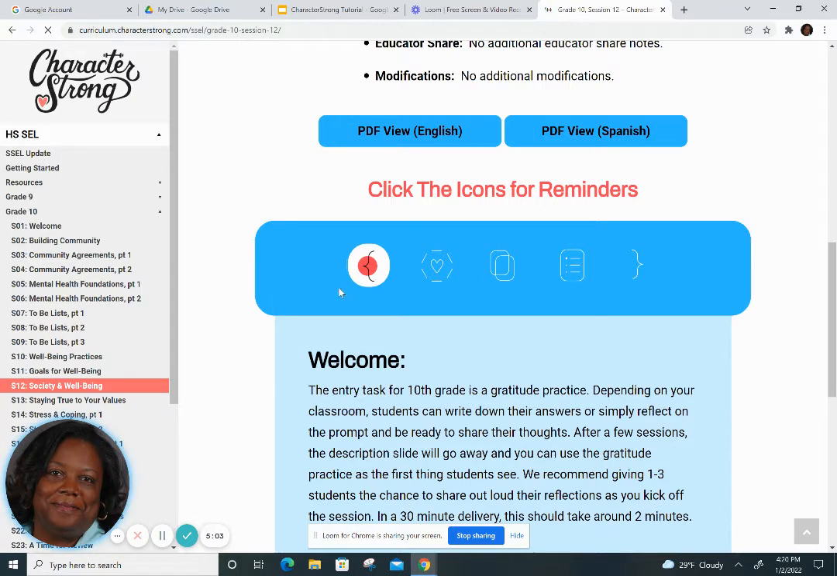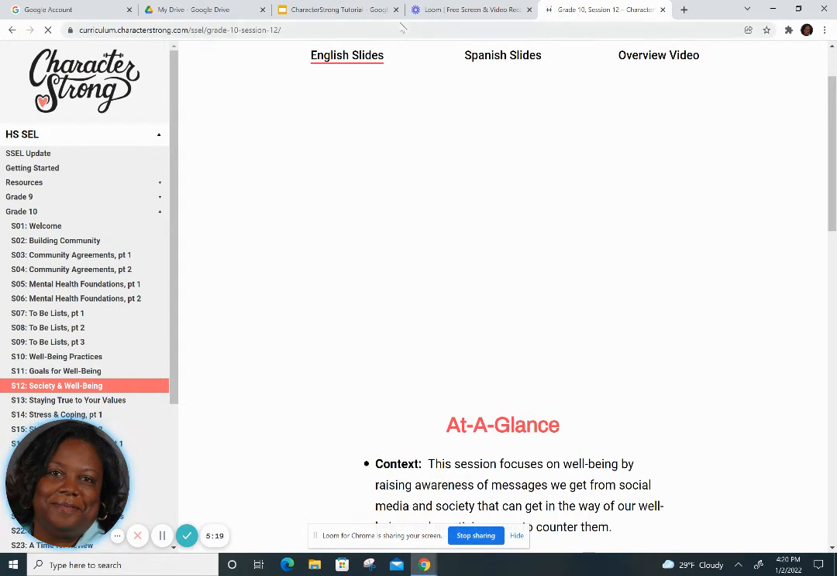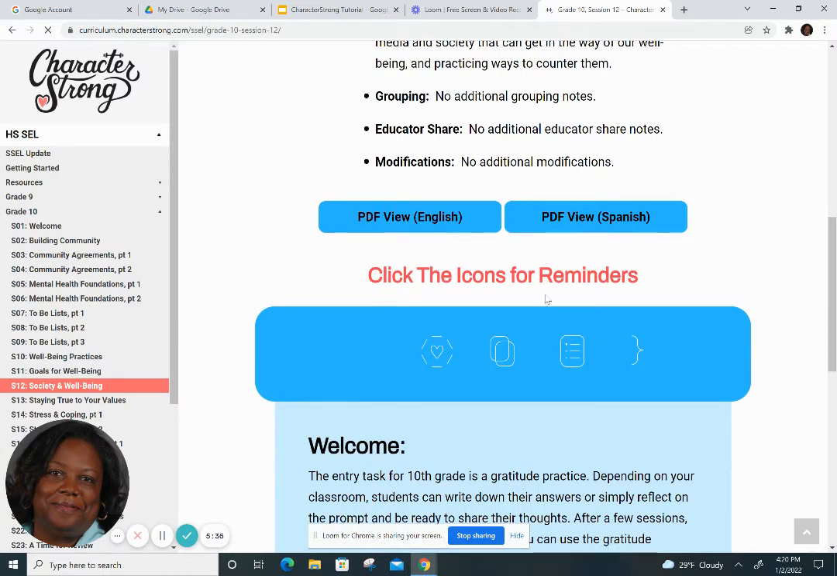Character Strong is also broken into 5 categories. So maybe I only have 5 minutes. So maybe I'm only going to start with some kind of welcoming activity. So doing that, I am just going to maybe take 5 minutes and do some relationship building. But then tomorrow I could come back and click on the next icon and get into the community activity or get into